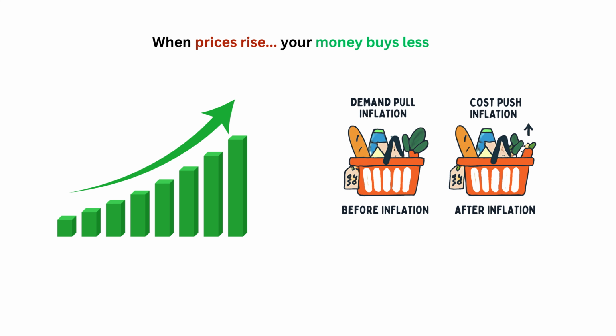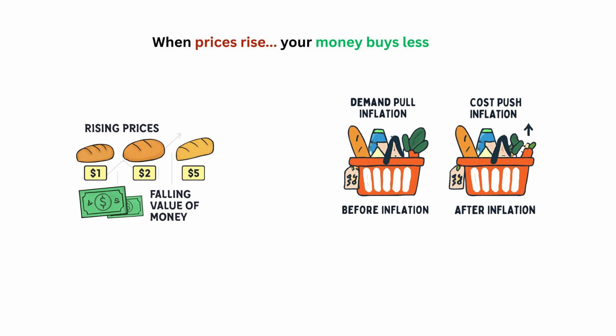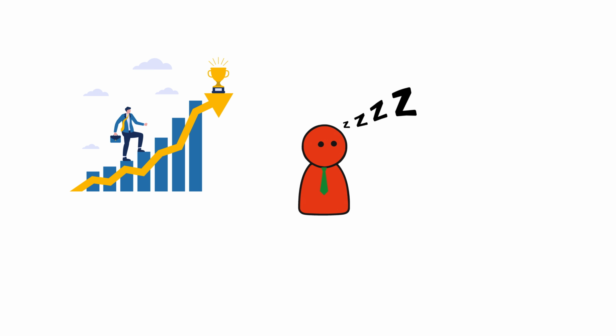Section 4. Inflation and deflation. Inflation is when the prices of goods and services increase over time, meaning that money loses its purchasing power. Imagine if your weekly grocery bill used to cost $50, but now it costs $60. That's inflation at work. It can happen for various reasons, such as increased demand for goods, demand-pull inflation, or rising